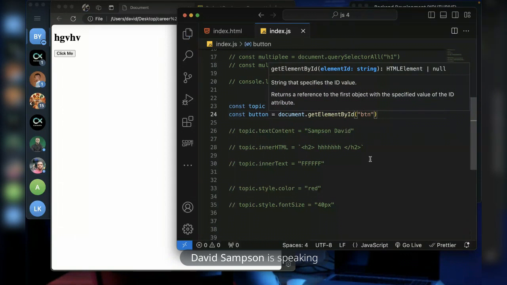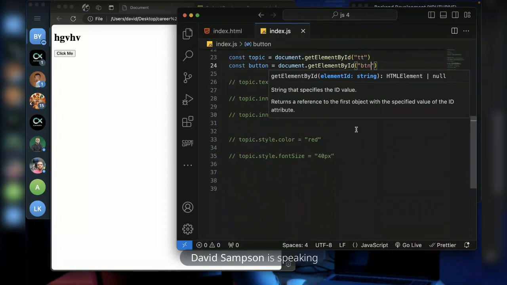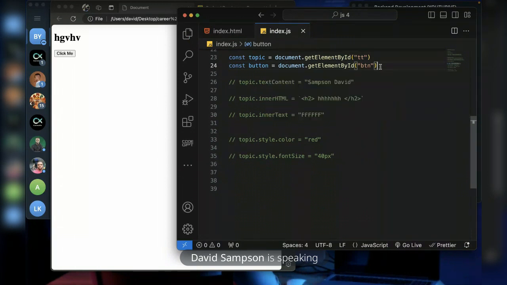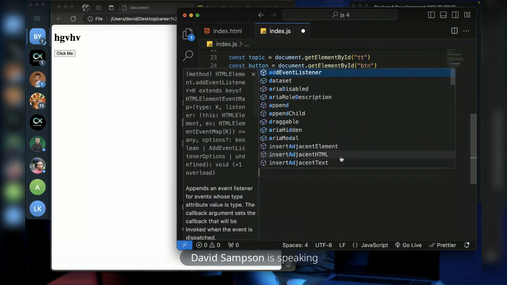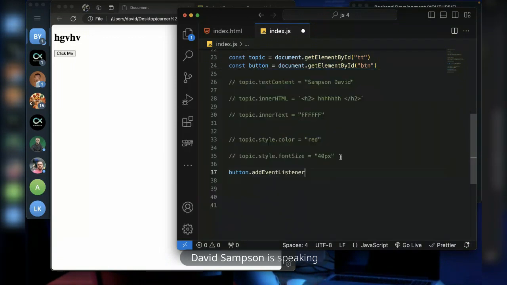and save. So what I want to do is add an event on the button, and when the button is clicked, it should fire up a function that will change the color of this. So we're just adding logics together to perform a certain task. So on this button, we are going to add an event to it. So I can say button.addEventListener like this.